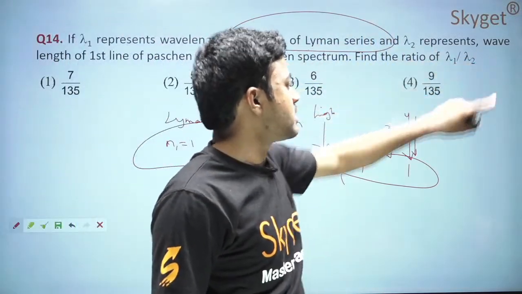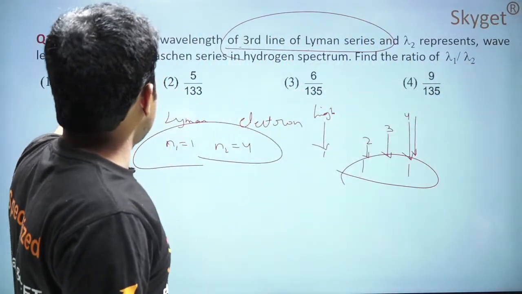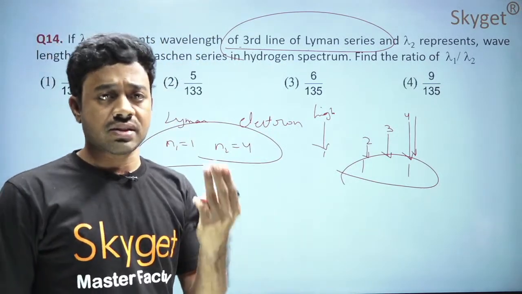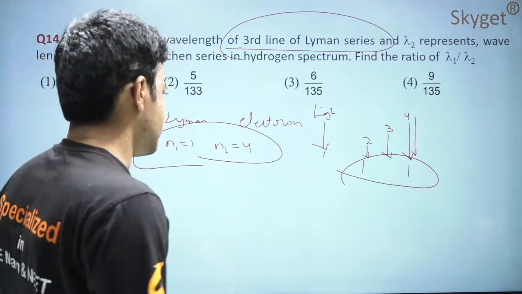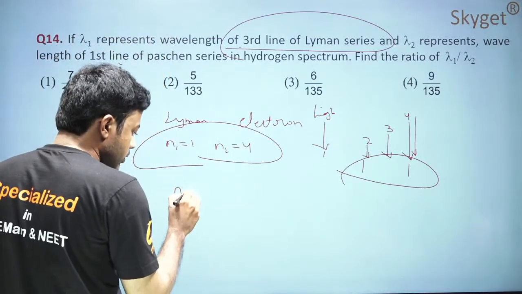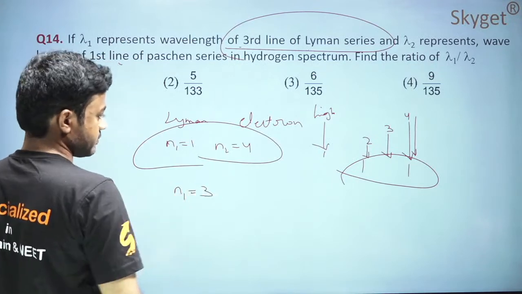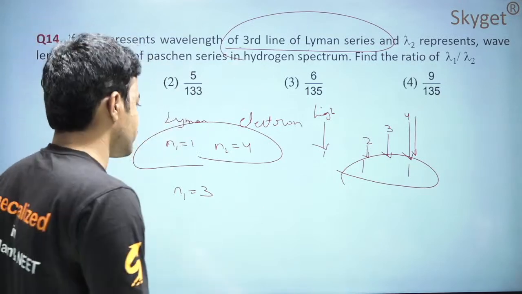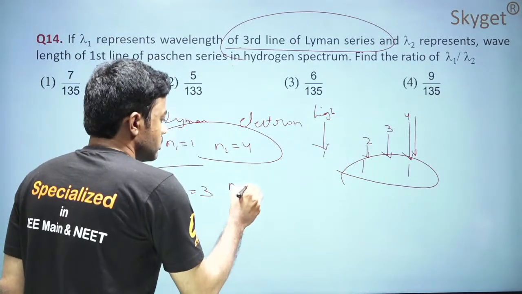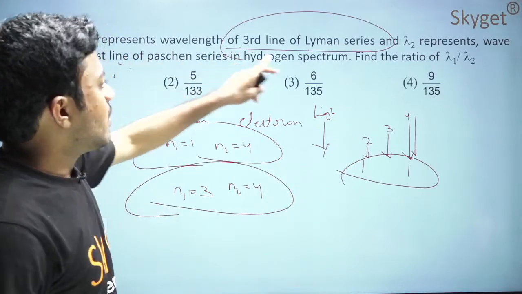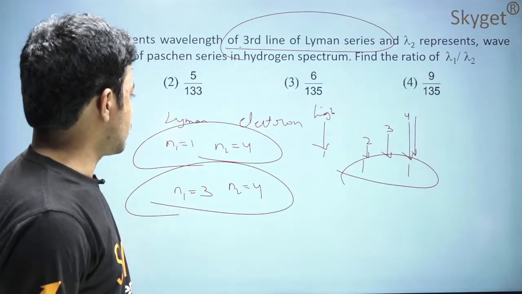And lambda 2 represents the wavelength of the first line of the Paschen series. The Paschen series is the third series in the Bohr spectrum, so the electron has to come down to the third orbit, but it is the first line, so it comes from the fourth orbit to the third orbit. Find the ratio of these two wavelengths